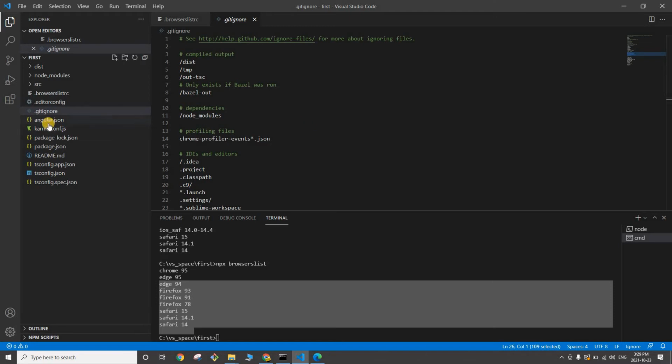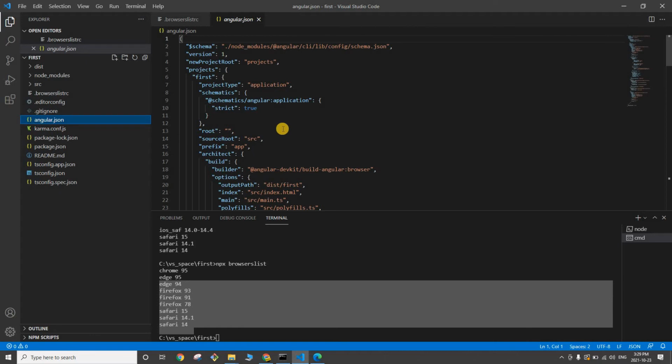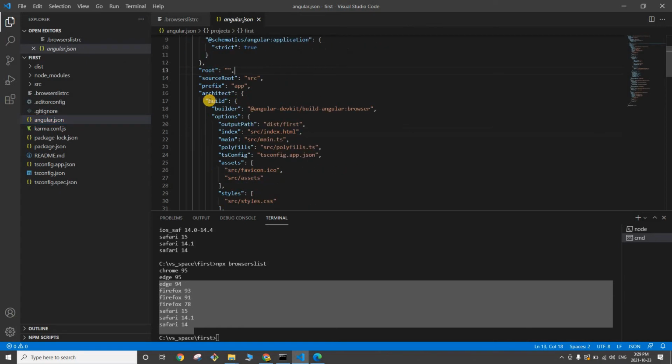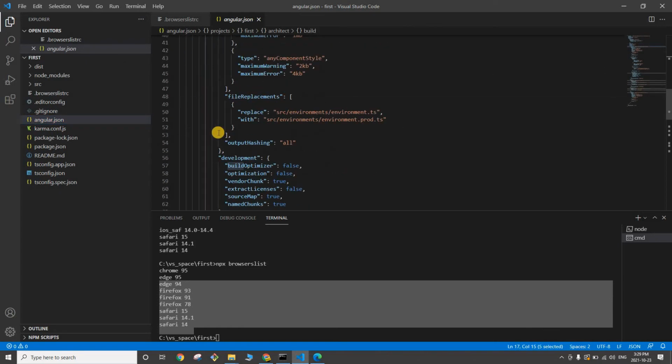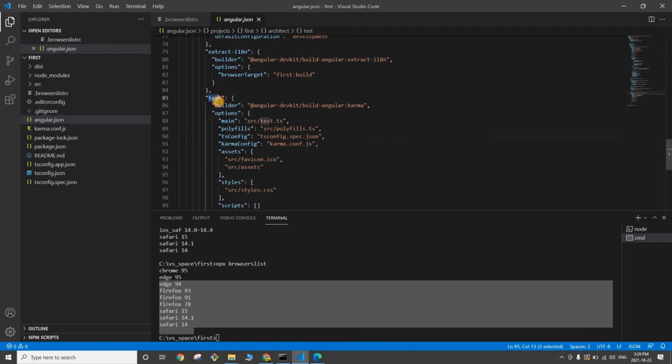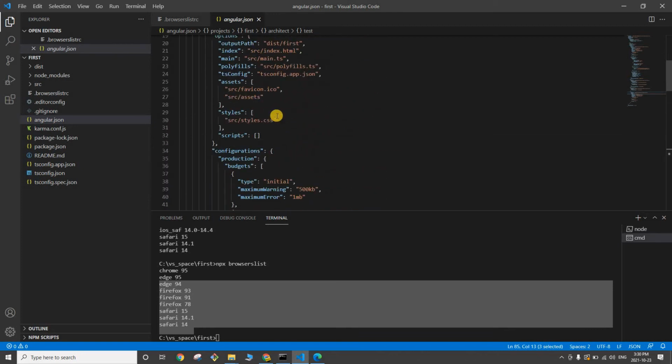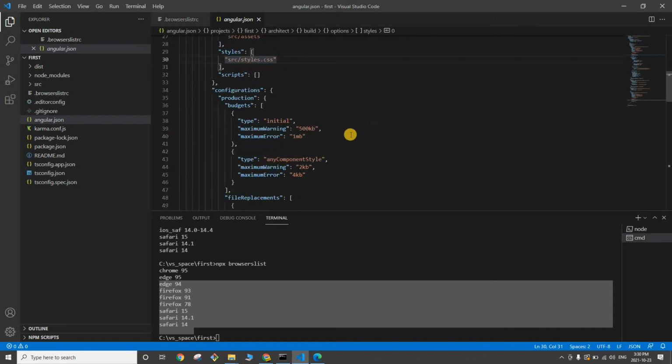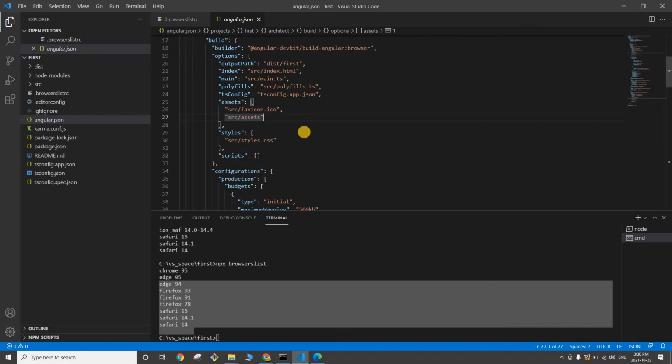Now, the next one is angular.json file. If you look at it here, you will see that it talks about your build, it talks about serve, it talks about test, right? So basically when you run the command, say ng build or ng serve command, or ng test command, those particular commands will take the configuration from this particular file. So this file angular.json is where you have the dependencies for your build, right? So this is more specific to your build and deploy.